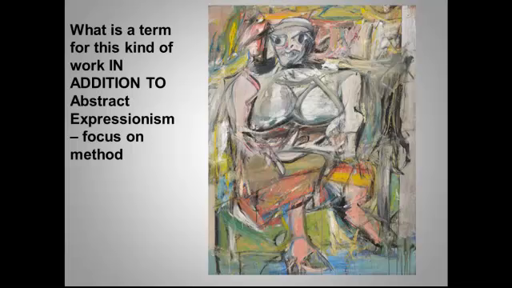Okay. And you need to know terms for these abstract expressionist painters. I've also given you the term New York School, but they also are given a title that refers to their whole body, if you will, method of creating works. It's usually applied to Jackson Pollock, but also to Willem de Kooning, who painted this work.